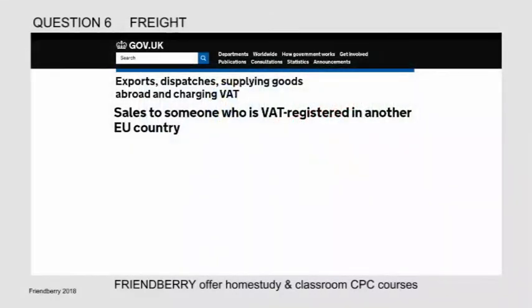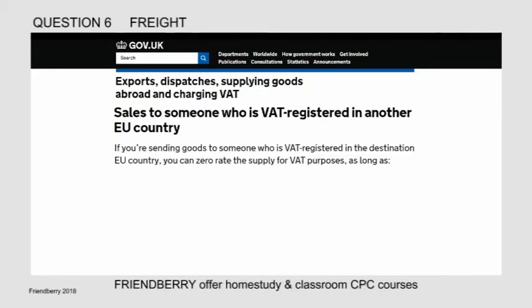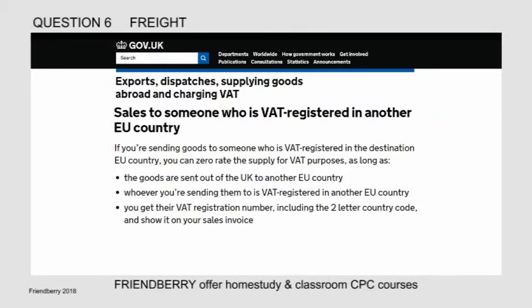The gov.uk website says, sales to someone who is VAT registered in another EU country. If you're sending goods to someone who is VAT registered in the destination EU country, you can zero rate the supply for VAT purposes as long as the goods are sent out of the UK to another EU country, whoever you're sending them to is VAT registered in another EU country,